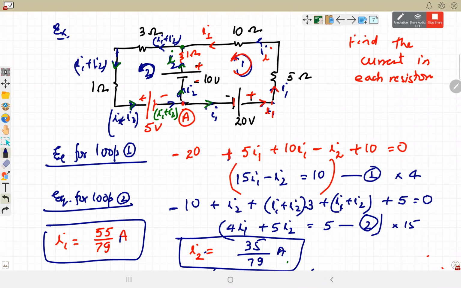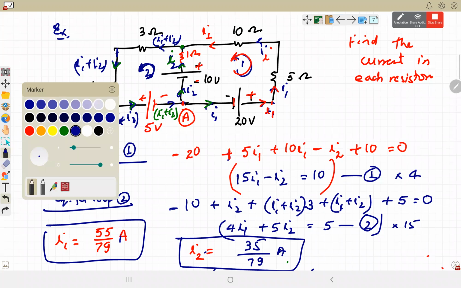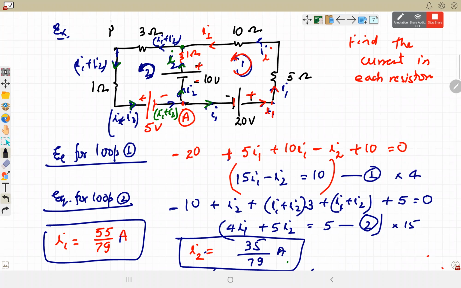We can solve any circuit by using the equations. By using the equations, current drawn from each battery, derive the current, distribute the current in the circuit, and accordingly we'll find out the equation. और equation लाने के बाद हम किसी भी point के बीच में potential difference निकाल सकते हैं by using the same logic, let's say between P and Q. हमें P और Q के बीच का potential चाहिए. In this circuit, after calculation of I1 and I2, we have to find the potential difference between Vp and Vq.